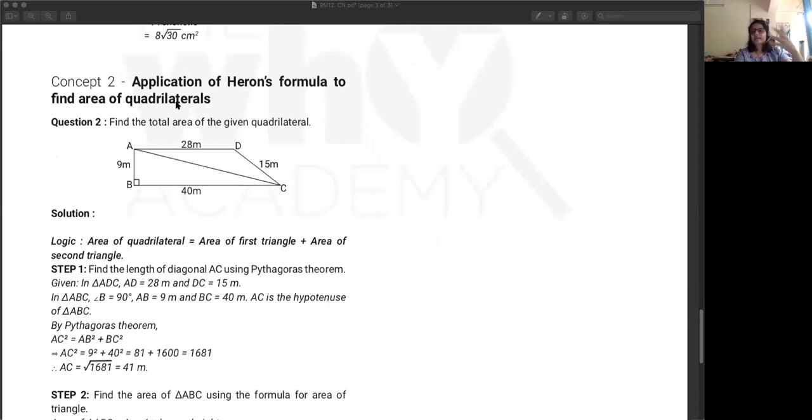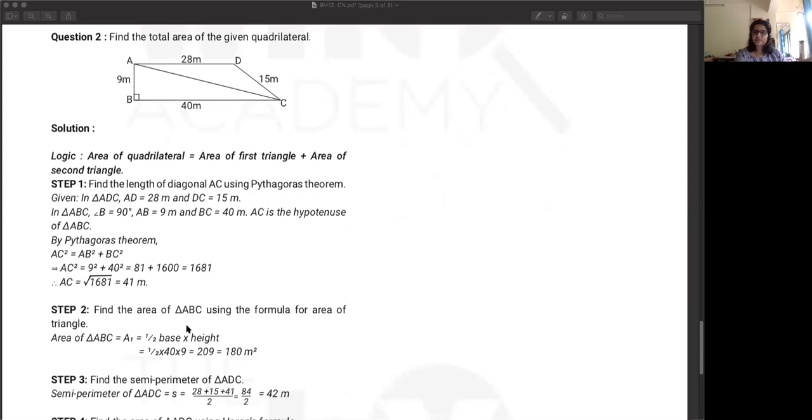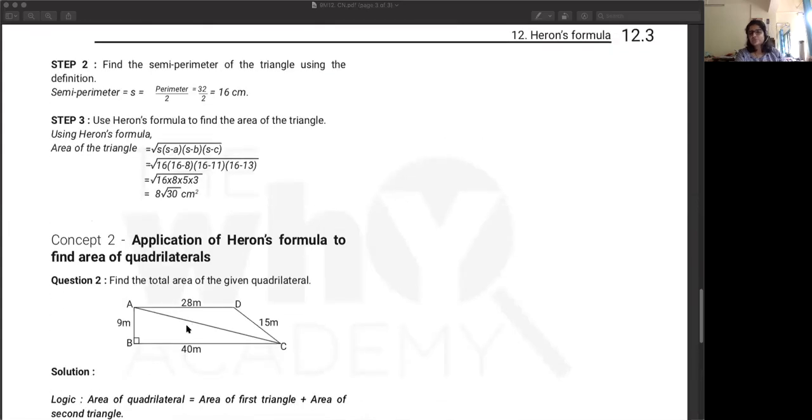So instead of giving a direct triangle, maybe you'll be given a shape which is a combination of two triangles, or maybe a rectangle and a triangle, or some really fancy shapes. I know there is one question which looks like a rocket. So you have to divide all of them into triangles, rectangles, and parallelograms, the shapes that you know, so that you can find the area of all of them together. So these are the two major types of problems you'll be getting. More often than not, you'll have to just keep finding the area.